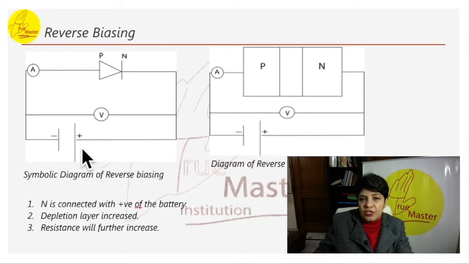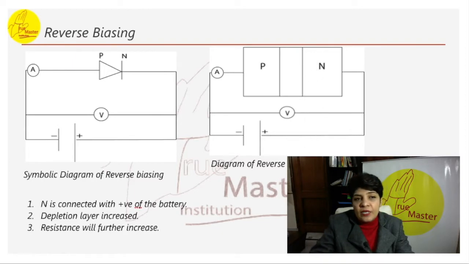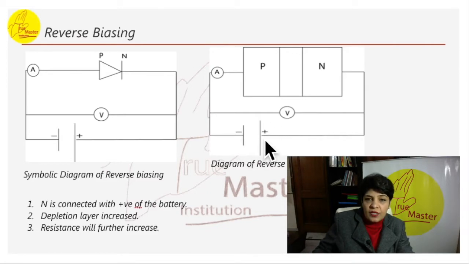There was a barrier potential that was developed in between. This is a symbolic diagram and this is the diagram of a reverse bias. There was a depletion layer here and a barrier that was formed across the depletion layer. The barrier potential increased and hence the energy barrier across the junction also increases. We have to use a big battery here. Sometimes the question comes, why do we have to use a big battery here? So we have to use a big battery in this case.